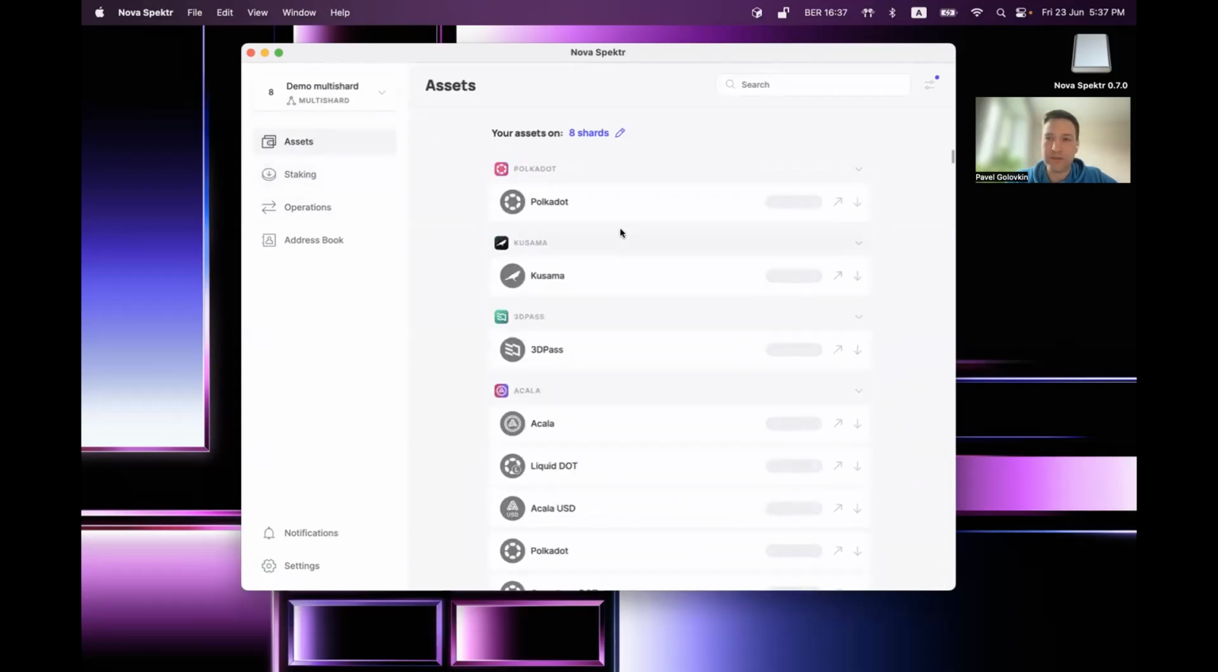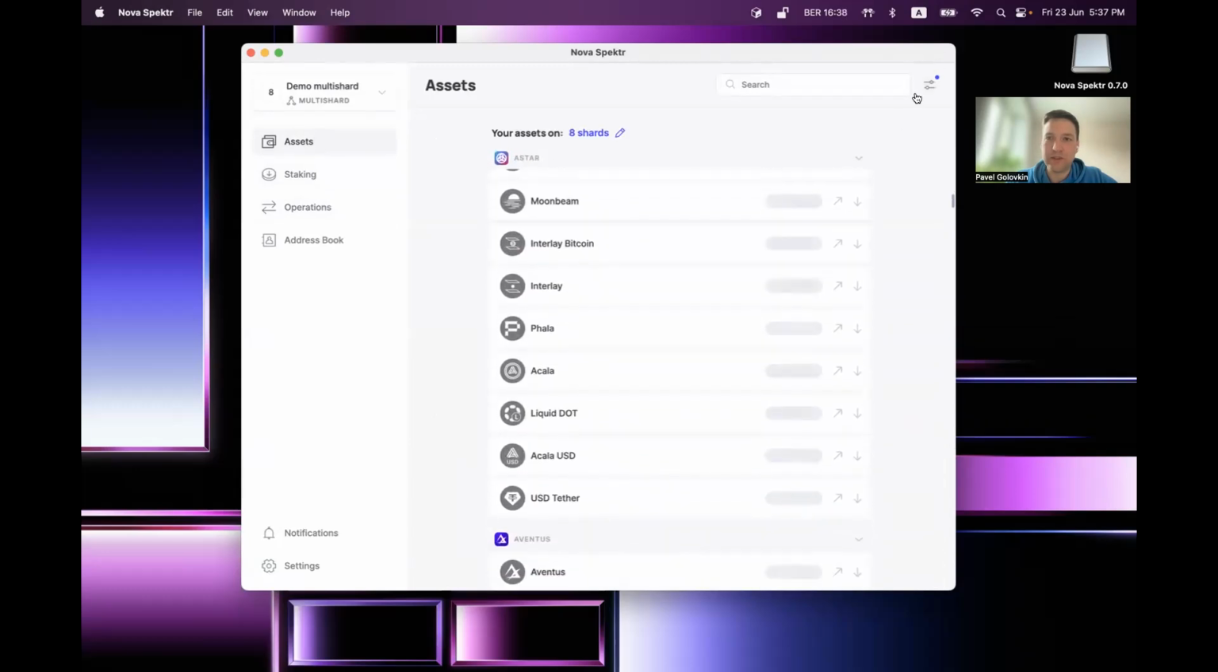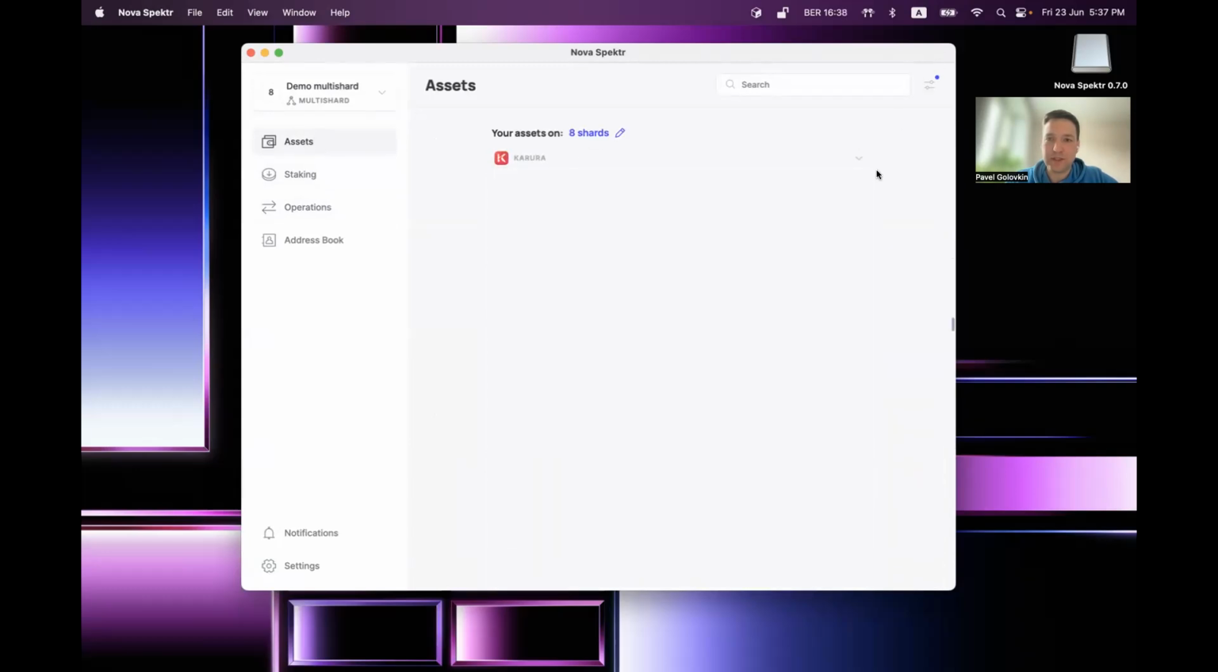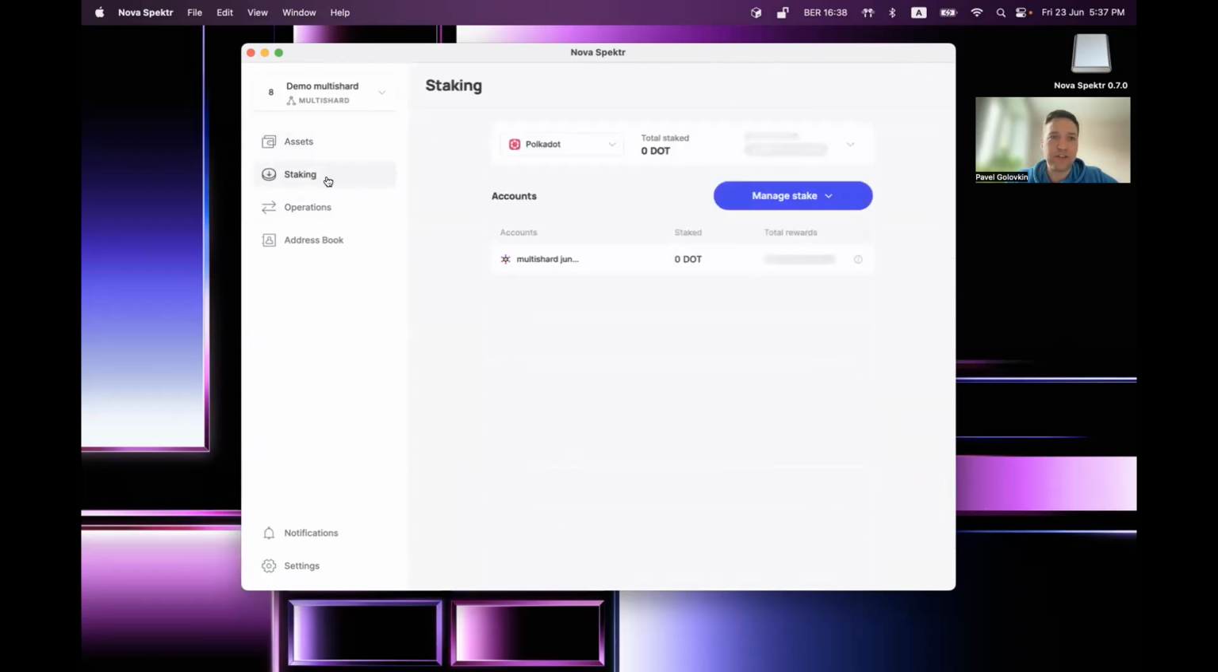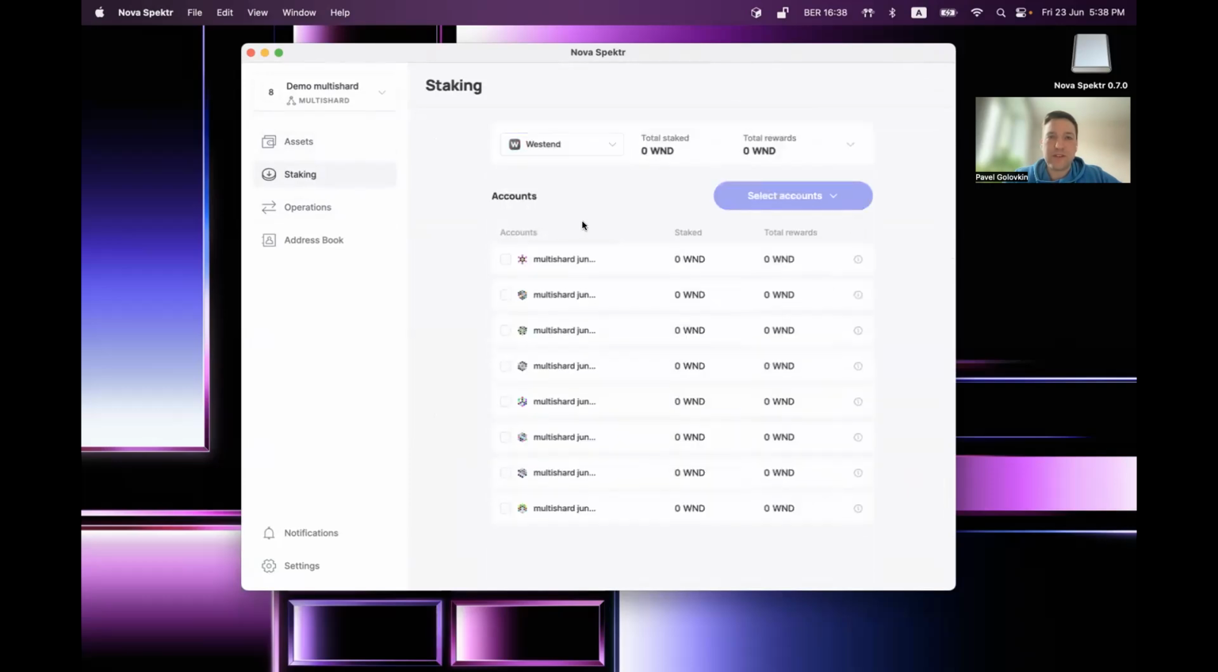So let's wait for a few seconds. It should be loaded. And I have only VND tokens there because, yeah, for the test purposes, especially for the multi-shard, I need a lot of them. Okay, before we are waiting, let's check the staking. So on the staking dashboard here, we have the West End, and I see that my shards inside the multi-shard wallet are not staking. And I can select all of them,